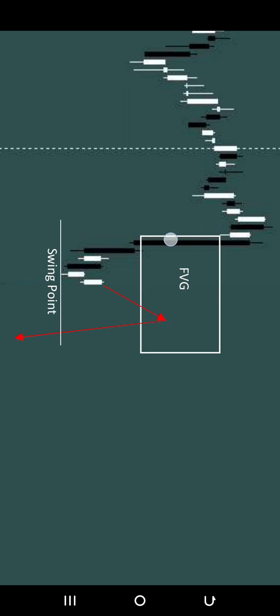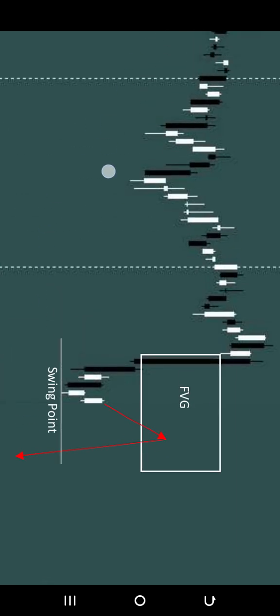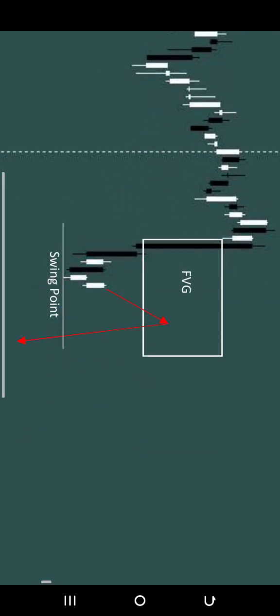Now, as price was coming down, the moment price reverses, it will form a swing point, or you can call it a swing low. You understand? If it is up, it's called what? Swing high. So this is a swing low, right? Now look at this too. This is a swing low. That point where price changes direction upward is called a swing low. Okay, so we now have another swing low.